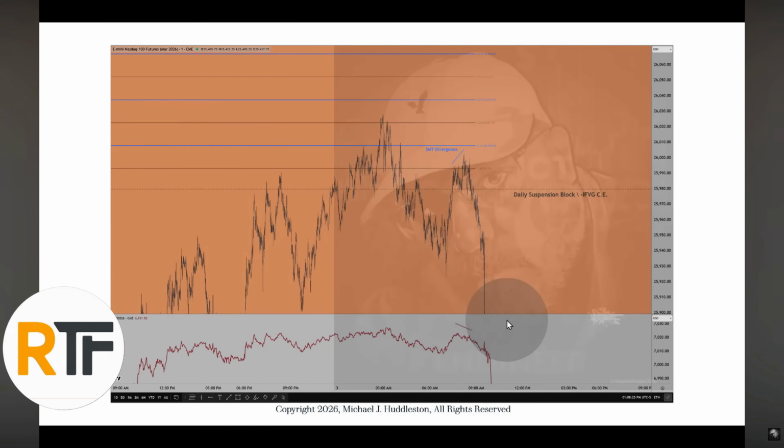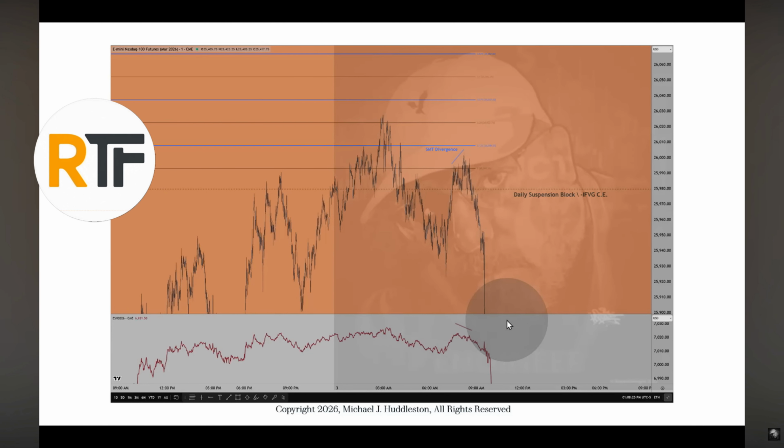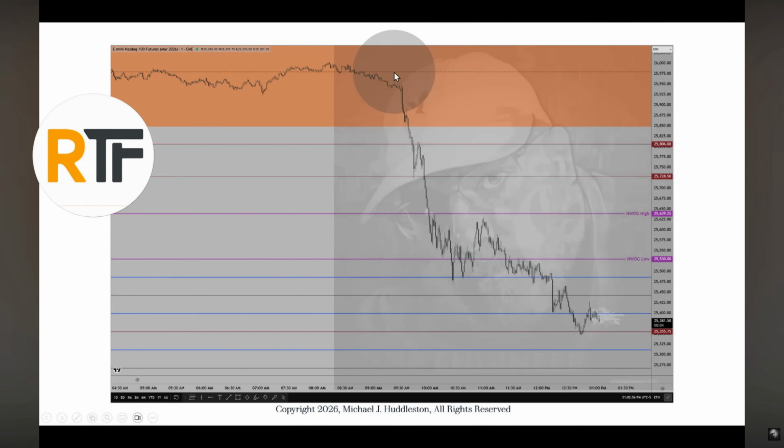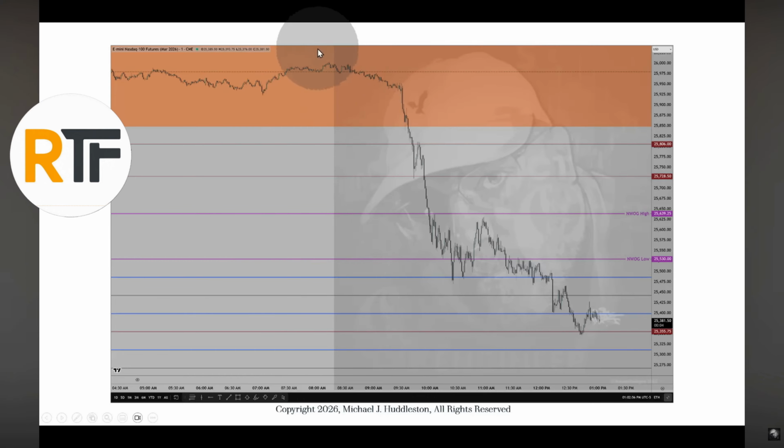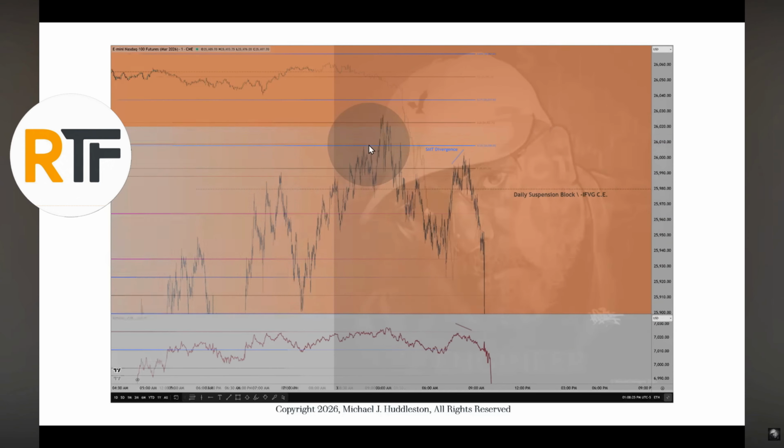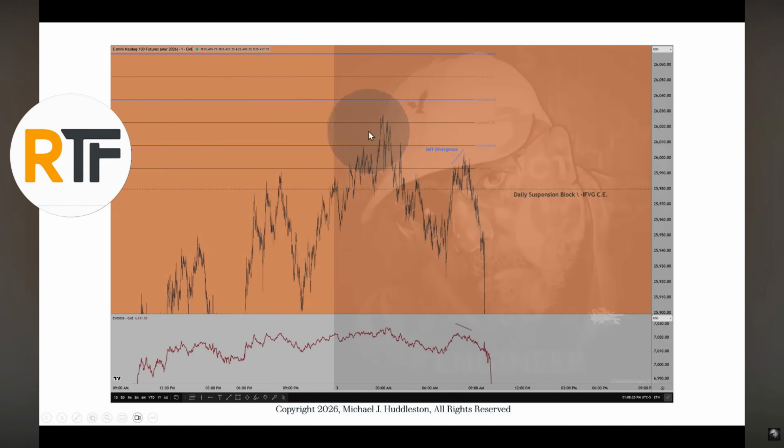Zooming in up inside that daily suspension block, here's that consequent encroachment level. So what am I showing here? It looks like an entirely different chart, entirely different market, doesn't it? No, it's not. Go back up one more slide. What I'm going to do is I'm going to zoom in on this area right here. Okay, this is the area I'm zooming in on. And that's what this is right here. Okay, so I'm zooming in, this run up, and right there, that's the part I told you I was going